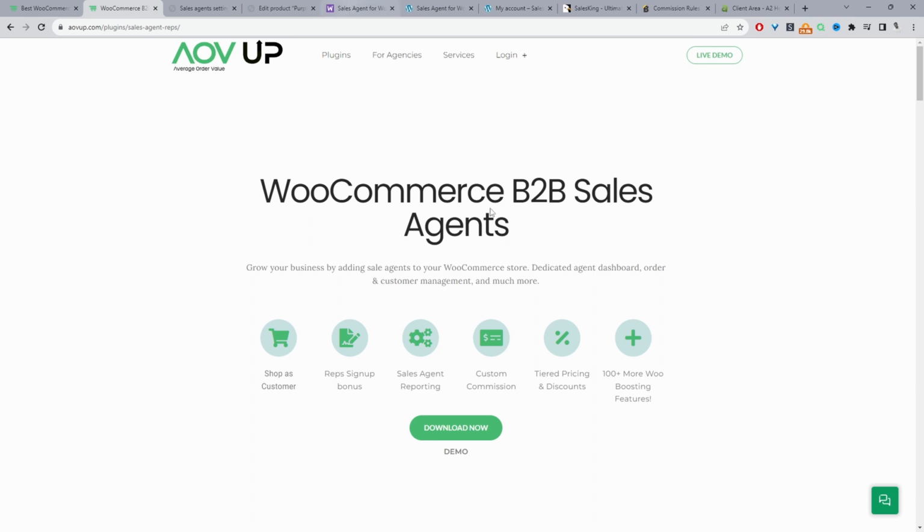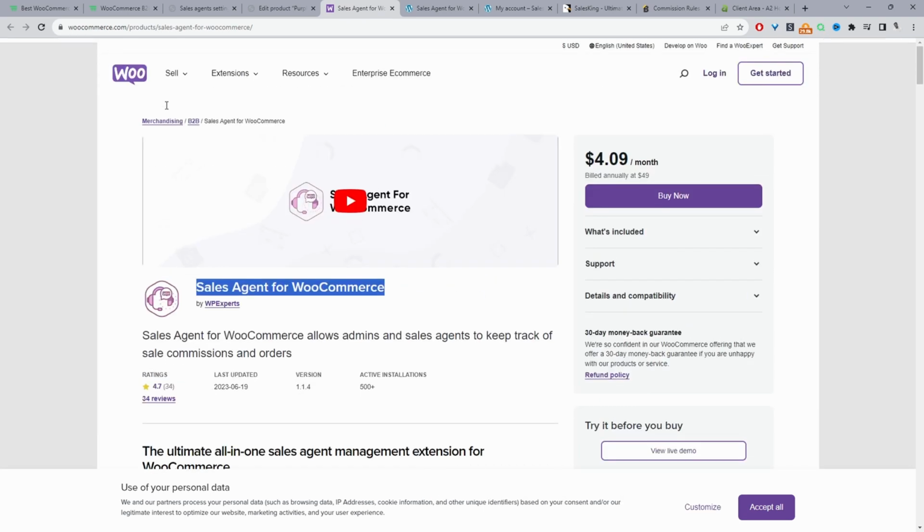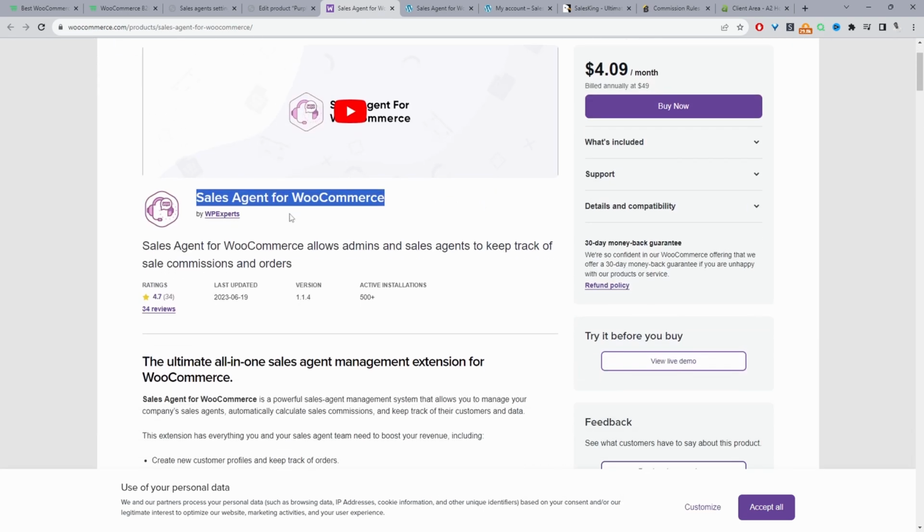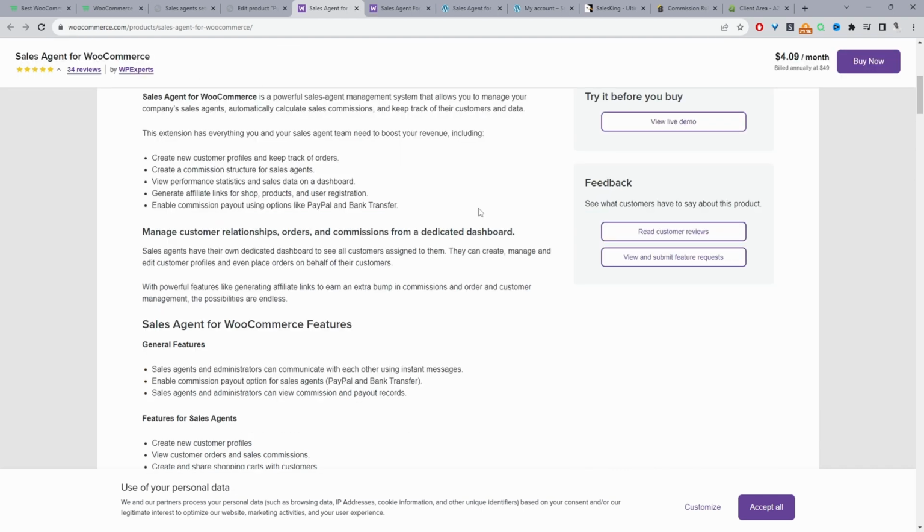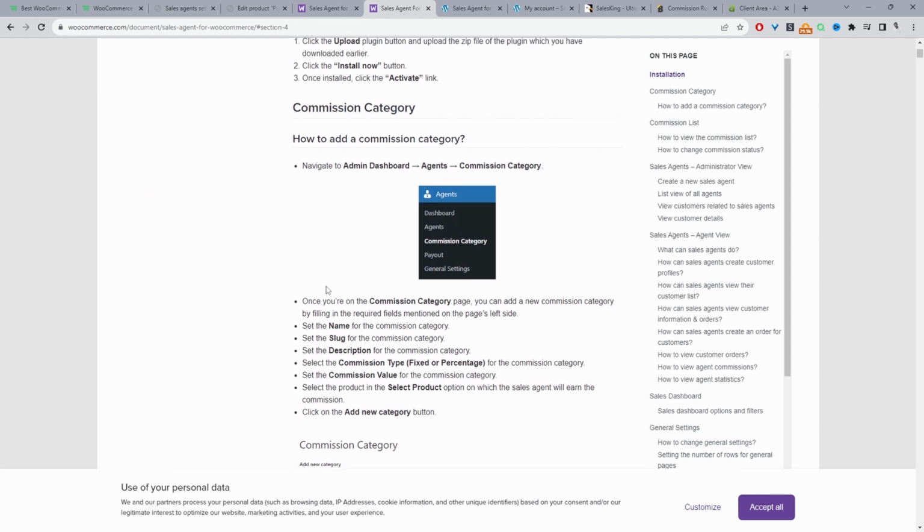So if we navigate over to WooCommerce, we can check out this Sales Agent for WooCommerce plugin by WP Expert. With this particular plugin, you can create a global sales agent commission. If we click on this tab here, we can create a commission category, and within that category we can add products, and then specify the commission type, whether it's a fixed amount or a percentage commission, and that will apply to all sales